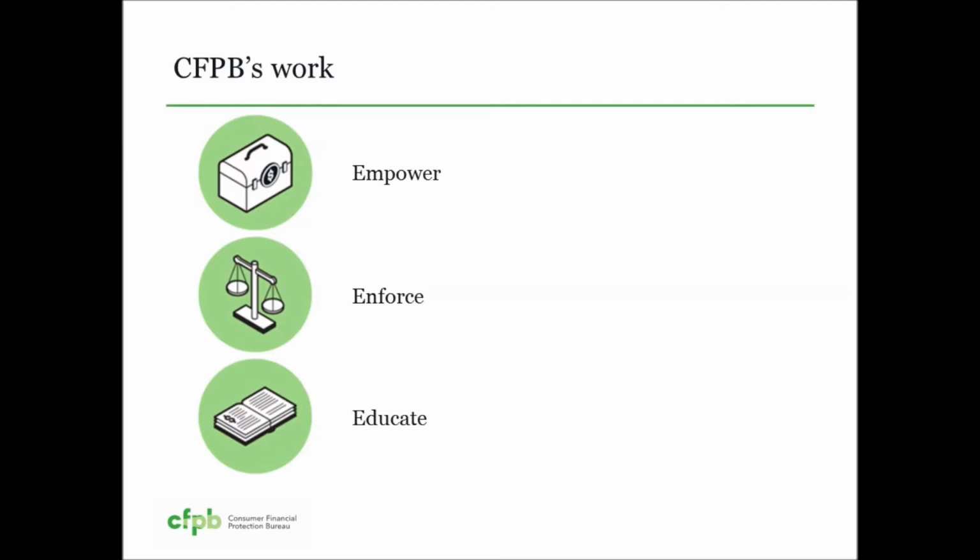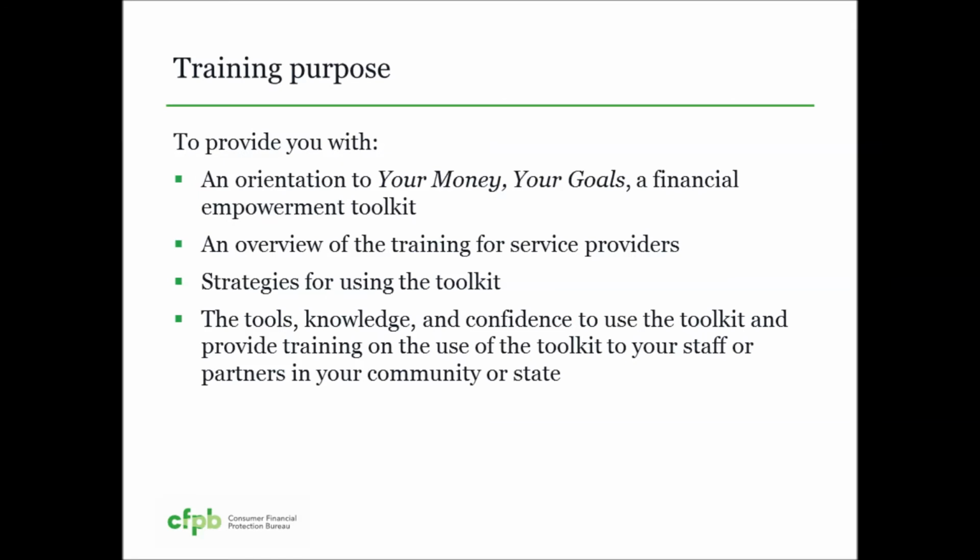The CFPB encourages financial education and capability from childhood through retirement, publishes research, and educates financial companies about their responsibilities. The CFPB has 6 divisions. Your Money, Your Goals was created by the Consumer Education and Engagement Division, and specifically its Office of Financial Empowerment. The Office of Financial Empowerment has a special focus on consumers living with low income and those who are economically vulnerable, who face barriers to accessing affordable financial products and services that meet their needs for credit, payments and transactions,